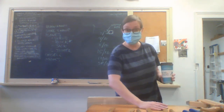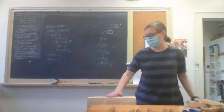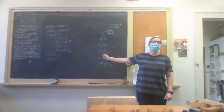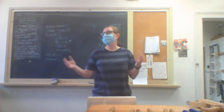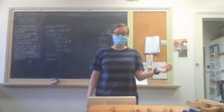But anyway, we were talking about gouges before my computer decided to disagree with me. As I said, the number on the handle on the right-hand side is the width in millimeters. The number on the left, sometimes accompanied by a letter, has to do with the pitch of the curve, the degree out of flat. So like a 0 or a 1,